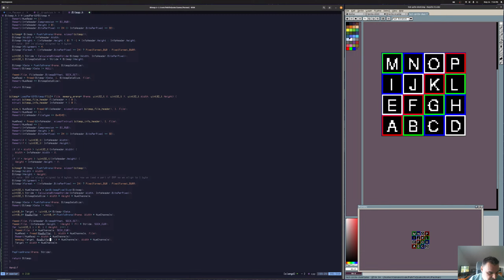So there's no offset here, right? Because whatever I have read in the row buffer is the actual data, I'm copying that to the target, and I'm using this, width times new channels. I'm moving the target by that same amount, and I should seek